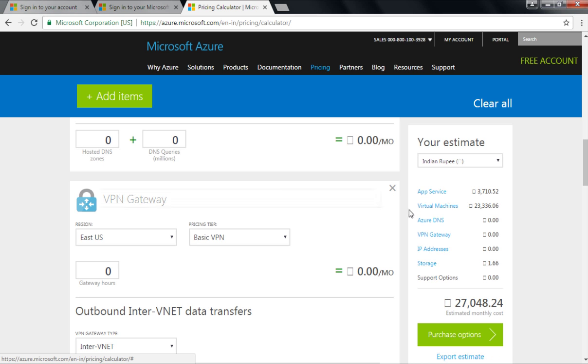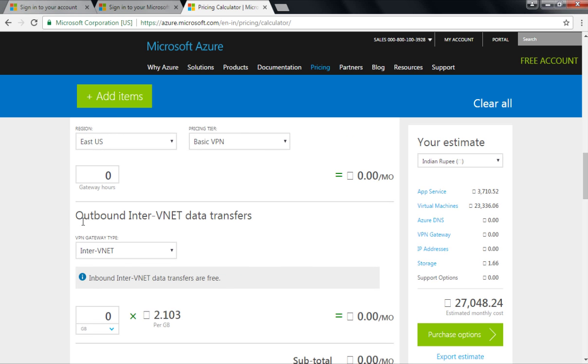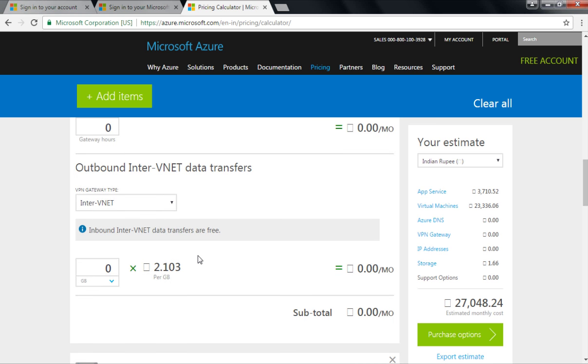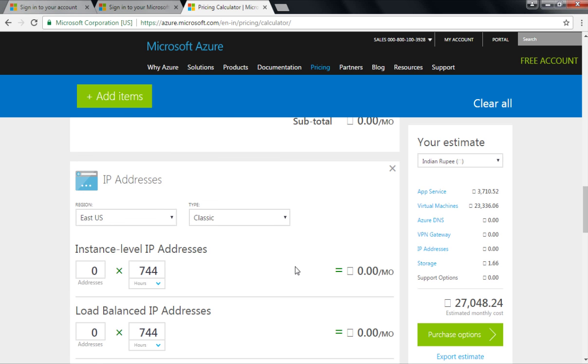We are not going to use the VPN right now, so I'm not going to configure it. Yes, we need a VNet. But whenever we create a VNet, that is not going to charge us here. But whenever we configure some IP address in the VNet, that is going to be charged. So be